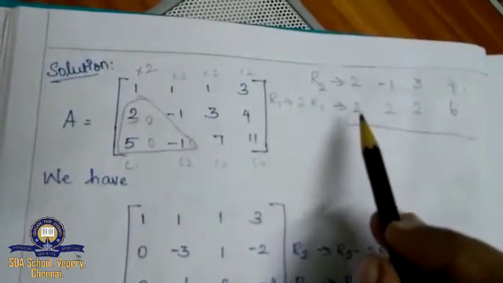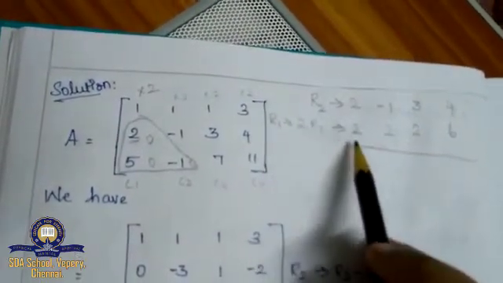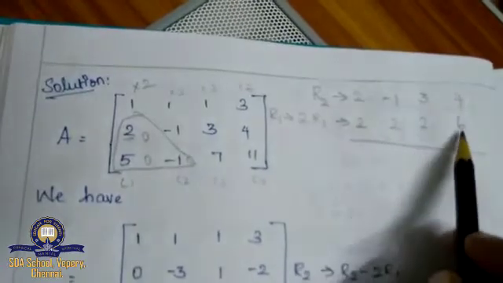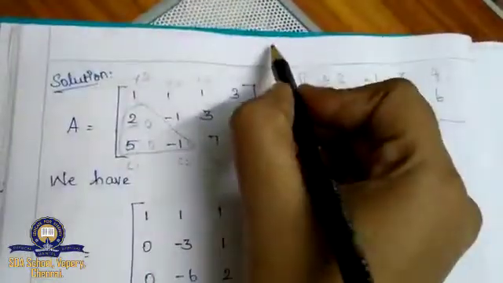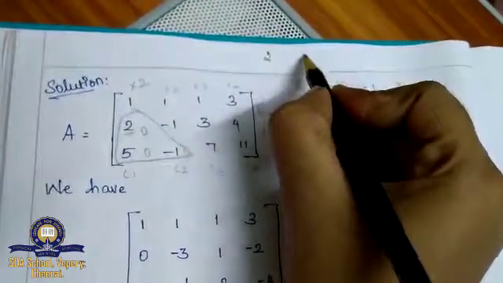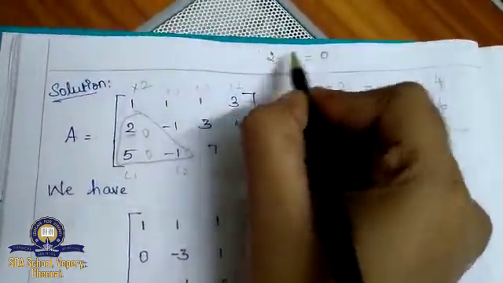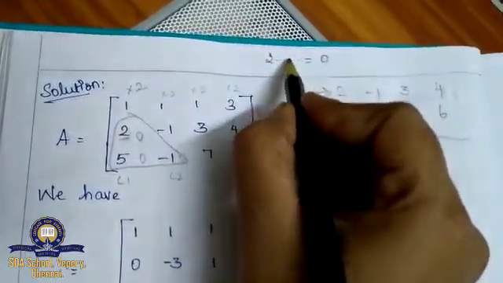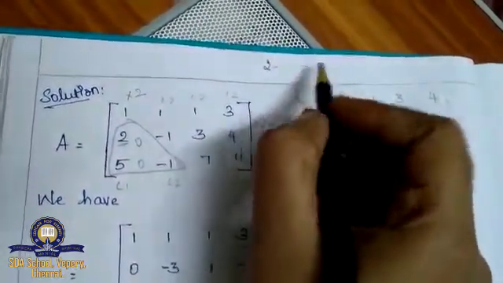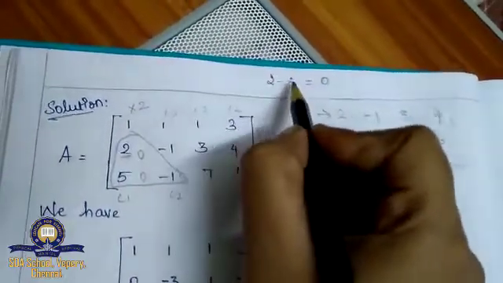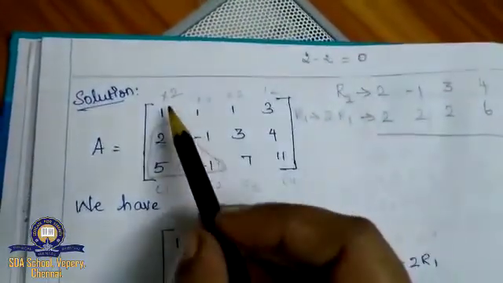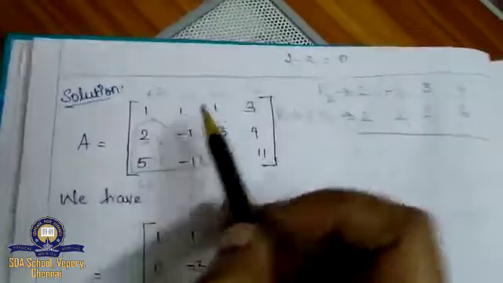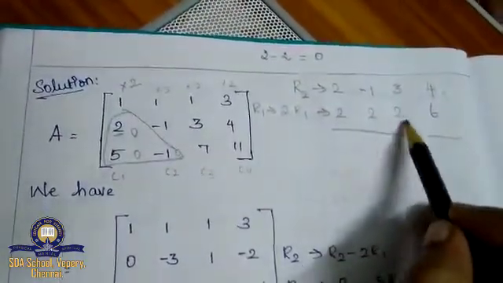See, I've multiplied my R1 with 2, so I'm getting the values 2, 2, 2, 6. Why am I multiplying with 2? Because I need to get 0. So if I take 2, I have to subtract a value so that I get 0. What is the value? If I subtract 2, I'll get 0, so it's 2 only. 2 minus 2 is 0. In order to make it a 0, I'm going to multiply the first row with 2. After multiplying, my answer is 2, 2, 2 and 6.